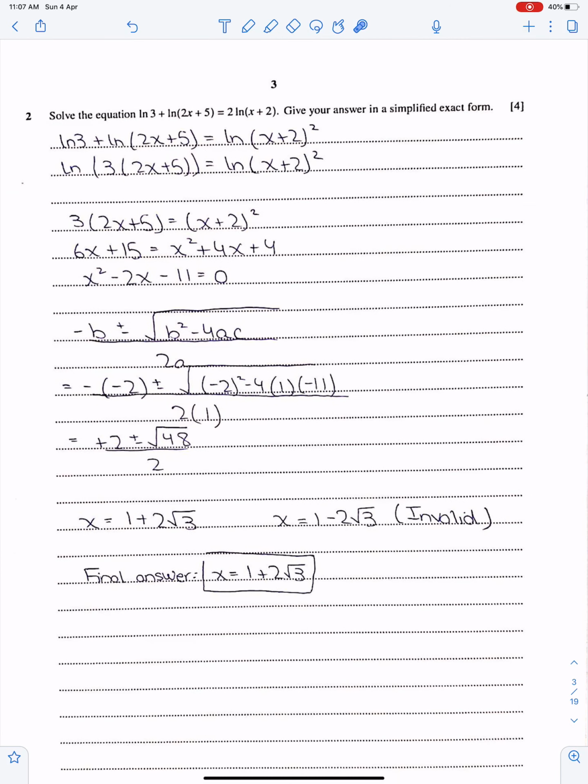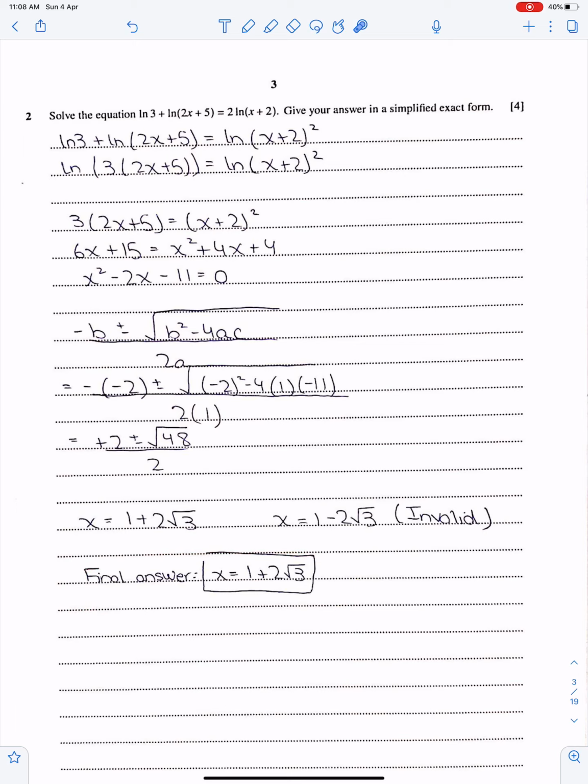This is a simple question, logarithms. You need to use the product law here, and then when you have ln on both sides, never cancel these ln's, just equate their functions. This is equal to this. When you solve this, you will get two values. You know, ln is always defined for positive values. For this value, ln is getting negative. Therefore, you have to ignore this answer. Just write this answer.